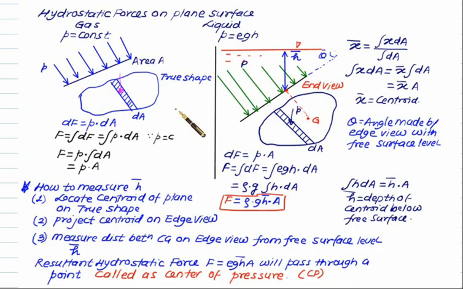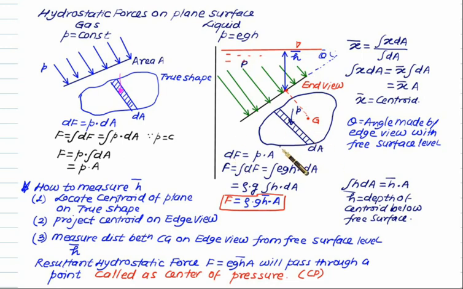But if it is subjected to liquid, then our pressure is given by rho gh, whereas in the case of gas, the pressure remains constant. That idea was already discussed. Now let's discuss the liquid. Since the pressure is a strong function of h, on the plane surface here the pressure is going to vary. As h increases, the pressure will also increase. So as the pressure changes, we have to calculate the total hydrostatic force by considering one element and using the method of integration. Whenever we have a variation, we always use integration.